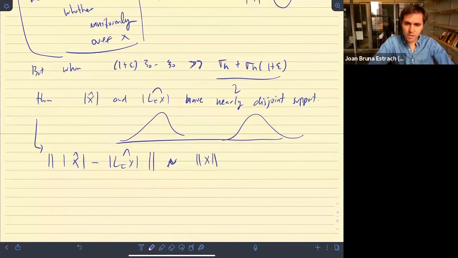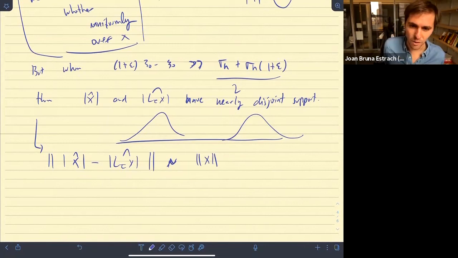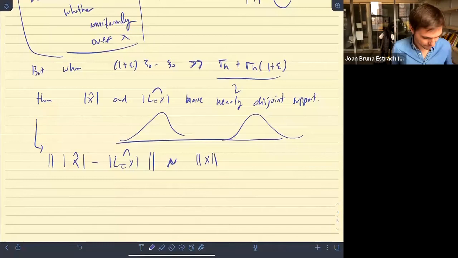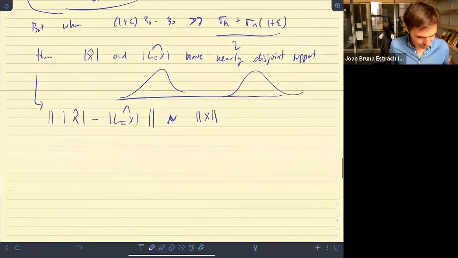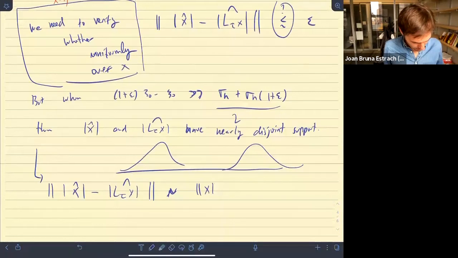Okay, just because the difference between two vectors that have disjoint support, being disjoint support means that they are orthogonal. And so there's no way that the difference of two vectors that are orthogonal is going to be small unless the two vectors are small at the beginning. Okay, so which means that if I have this property,